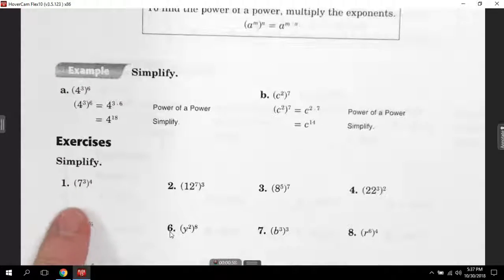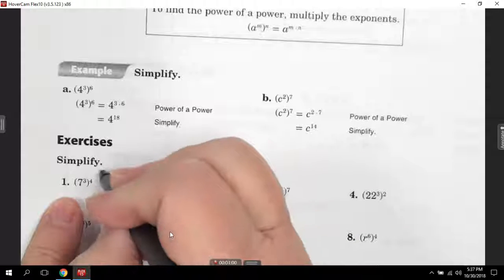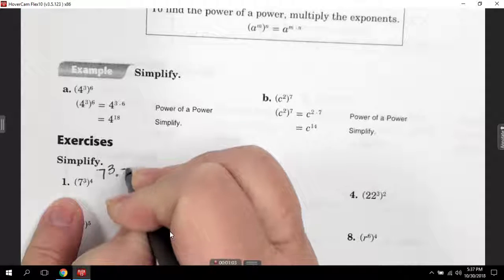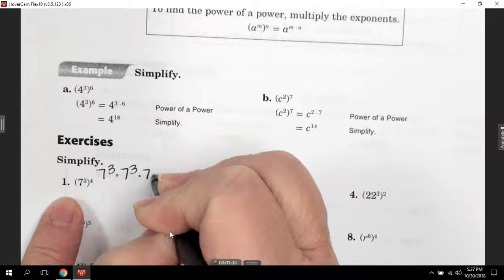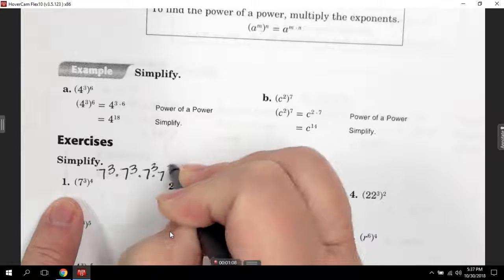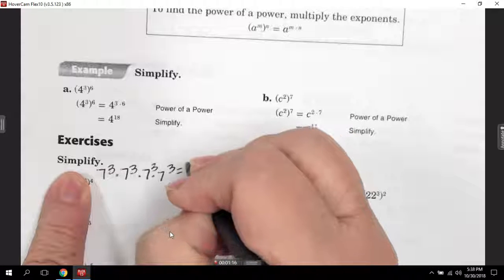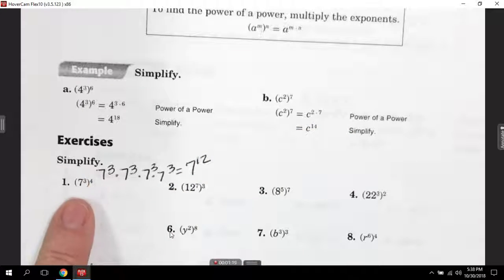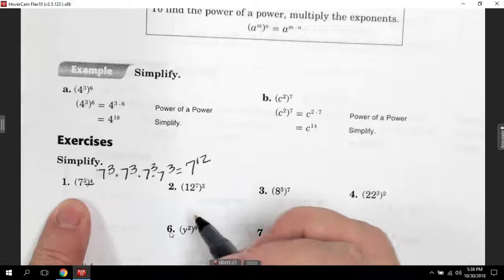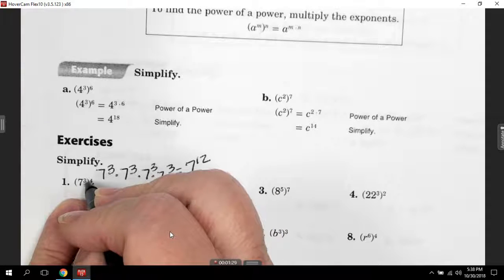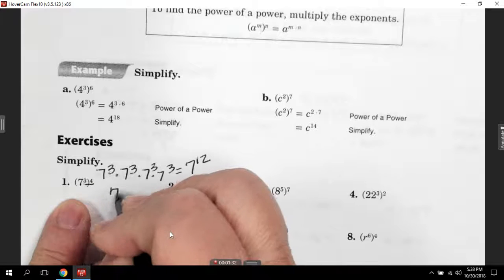Let's look at problem number 1. 7 to the third power raised to the fourth is just like saying 7 to the third times 7 to the third times 7 to the third times 7 to the third. Now, if we used our multiplication rule, we would simply add those exponents, and that would be 7 to the 12th power. Another way to get 7 to the 12th power would be to multiply the exponents. 7 to the third power raised to the fourth is still going to be 7 to the